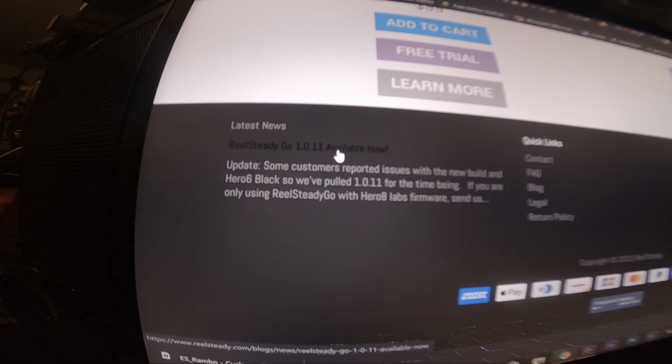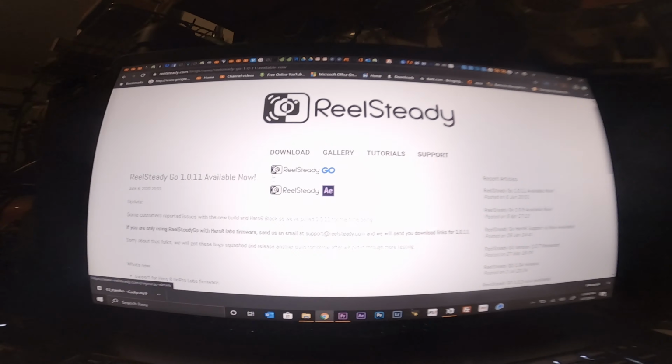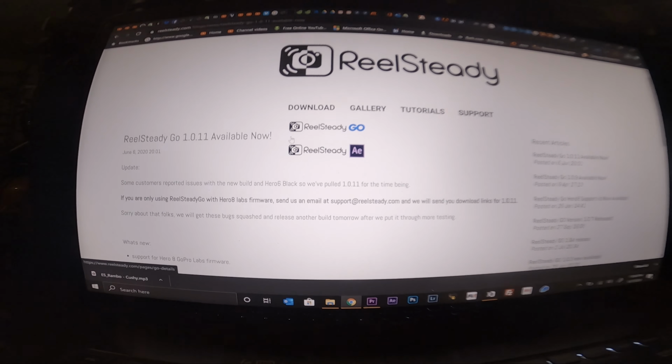So if you've updated to the new Hero 8 Labs firmware and you plan to use Real Steady Go, you're gonna have to send them an email right now. That's what I'm wanting you to know. It clearly says right here, if you are using Real Steady Go with Hero 8 Labs firmware, please send us an email at support@realsteady, and we'll send you the download link for